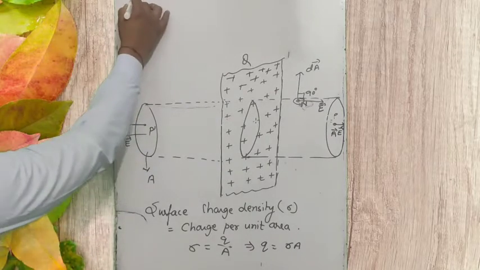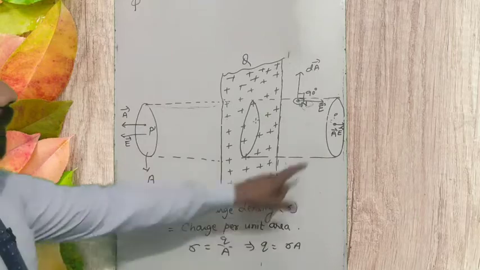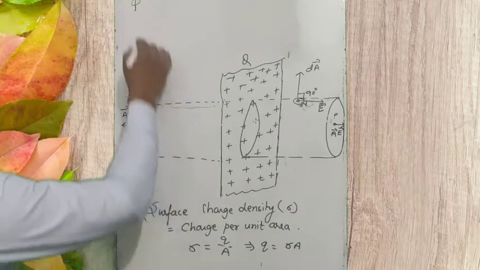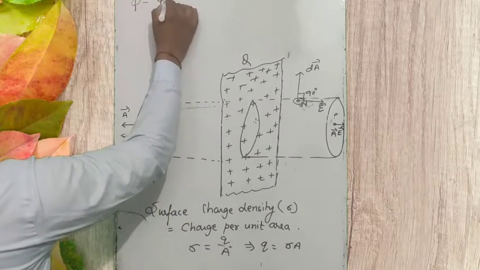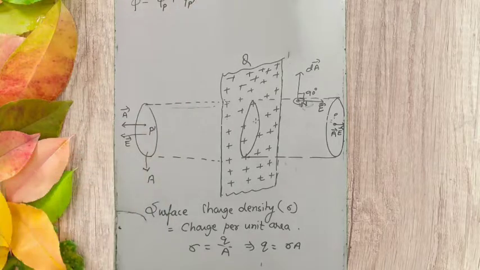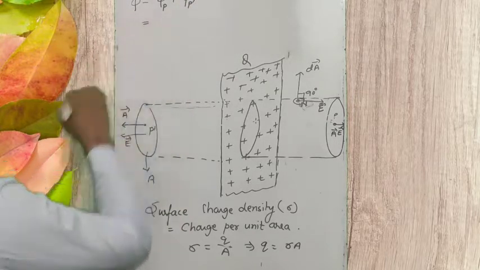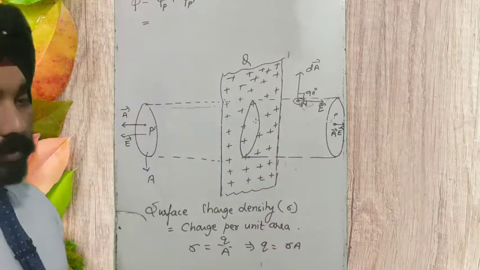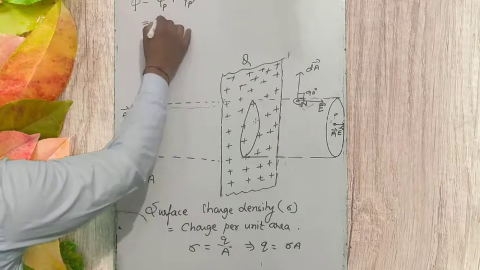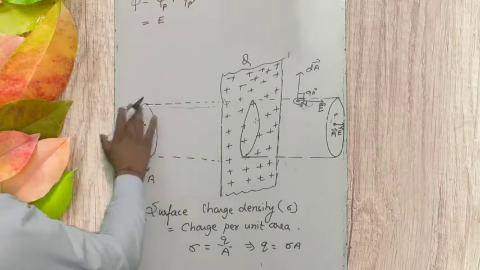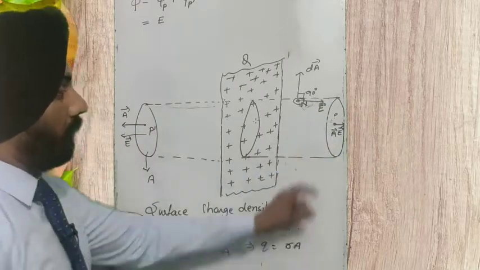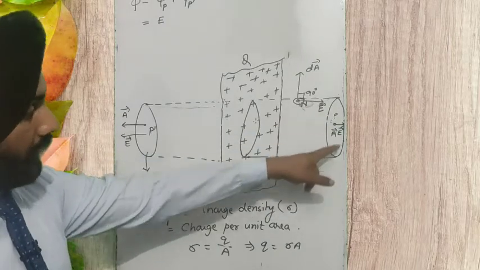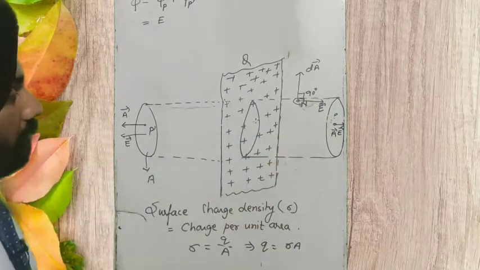So how much electric flux is passing through this cylinder? One from this portion, another from this portion, from P and P dash, both sides. So flux is passing from P and flux is passing from P dash. What is the electric flux equation? It is E dot dA, but we have considered the area only as A. So I am not going to put an integration sign, because we do not have to integrate for this portion. If we took a small area, then we would have to integrate, but because we are taking the whole cross-section area, we do not have to integrate.